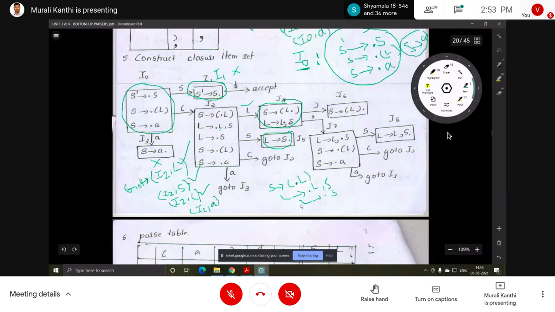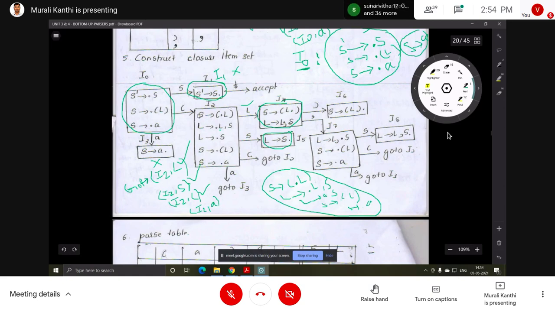After the dot S is there, so we have to add S productions: S implies dot open parenthesis L closing parenthesis, and S implies dot A. We will get the same thing, this is an already repeated set, so don't give it a new name.